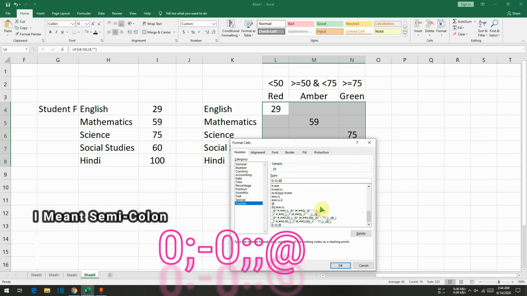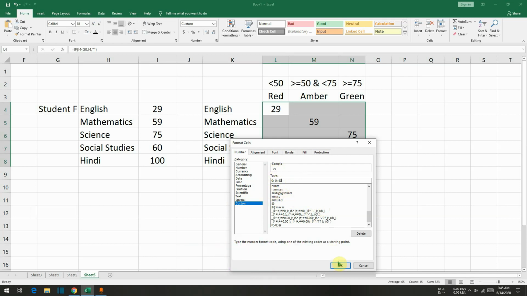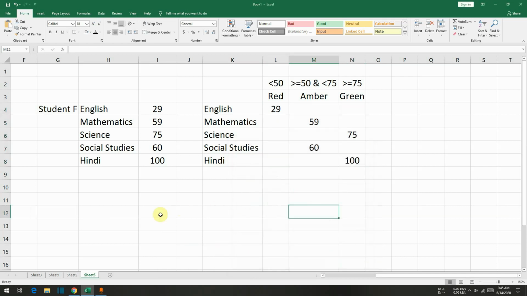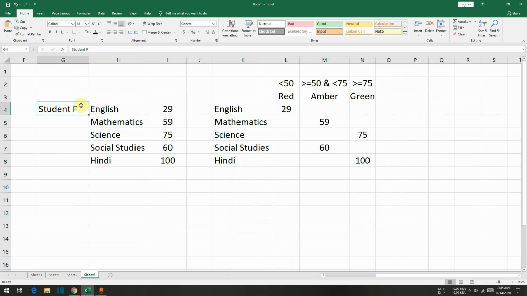So this one is also coming on your screen. What you need to do is change the format of those cells and just type in 0;-0;;@ in the Custom category, as you can see on the screen here. Click OK. Other than that, I also want to use the drop down for all the students,